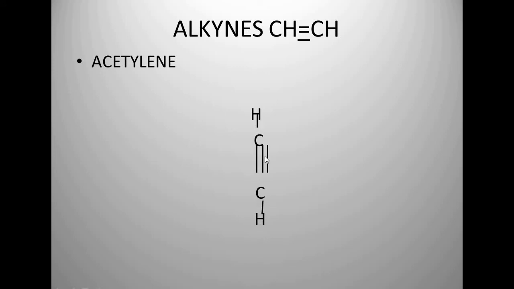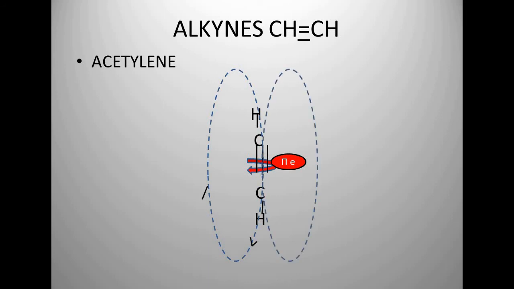The pi electron present in your pi bond is a continuously moving electron and generates a magnetic field. The direction of the induced magnetic field generated by this pi electron is like this, or it is like this. It comes from this pi electron and then moves again like this. And this is your external magnetic field.